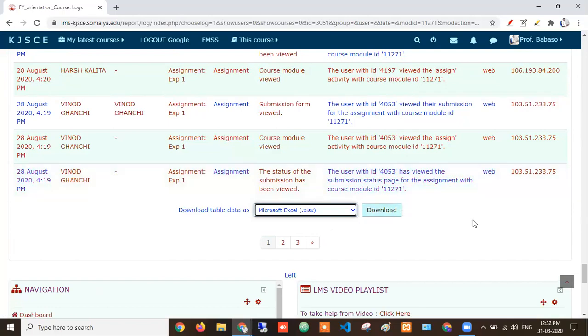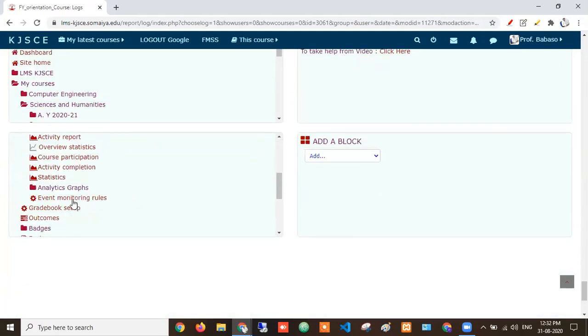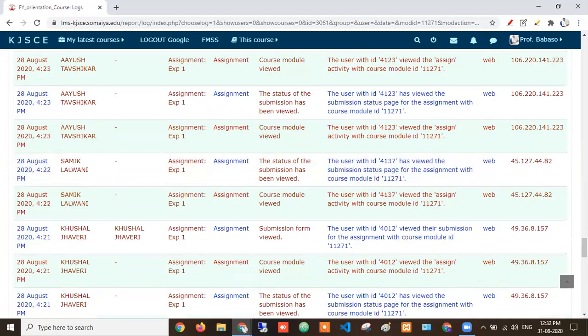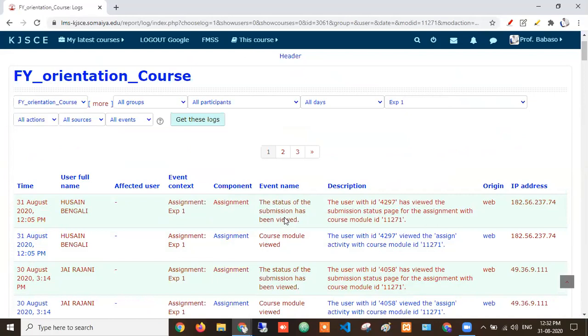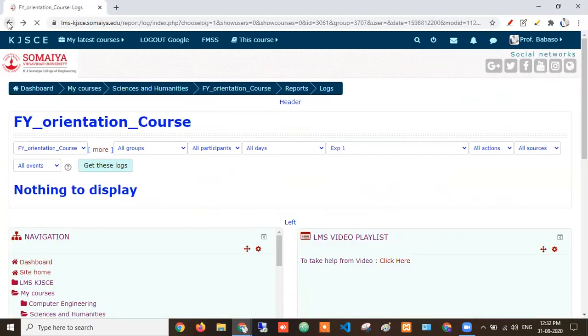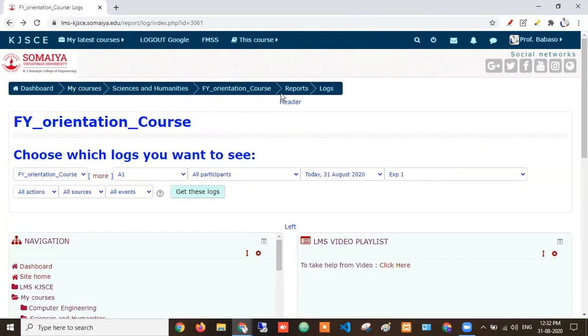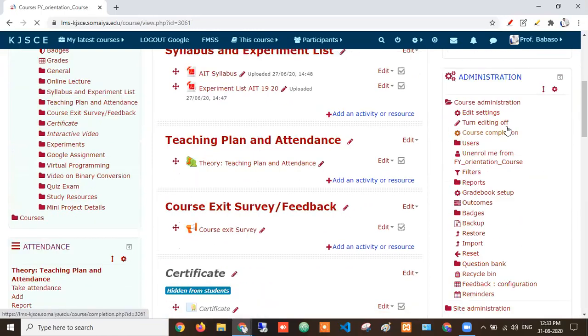Where is the option? Yes sir. Okay, at the bottom, the best. And here in any course, sir, in the administration block, I'll go back and show you. This is the log activity where you can check if some students are lying. We have given these rights to teachers, sir, so teachers can check their log and students' logs as well. So here you can see course administration.